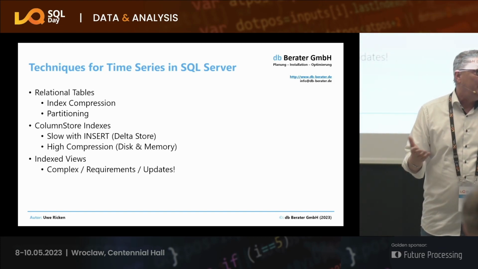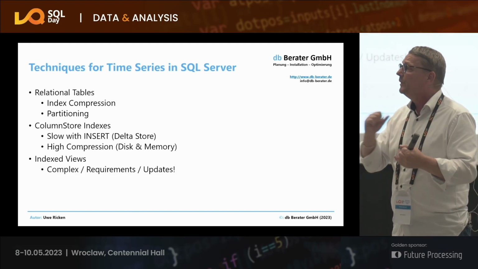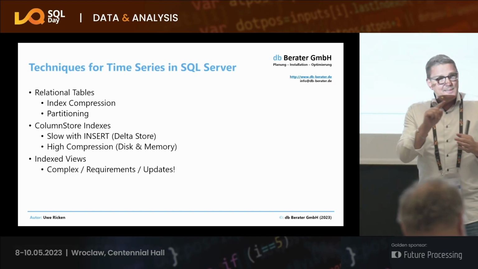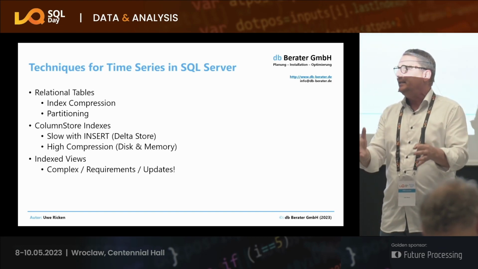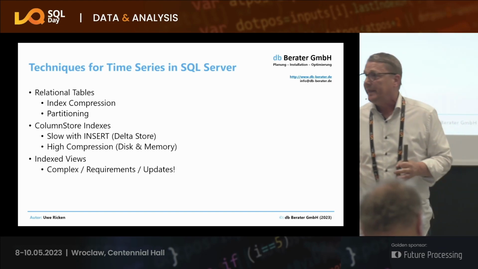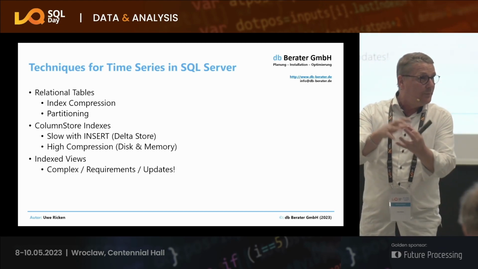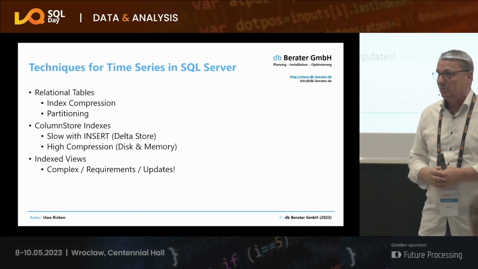That means it's a normal heap or clustered index. And there we can push the data into. So what will happen then? Every 2 minutes, there is a little helper going around and saying, hey, you delta store, do you have at least 104,000 rows in it? I say, yes. And then the helper is compressing it and pushing it as a row group into the column store.